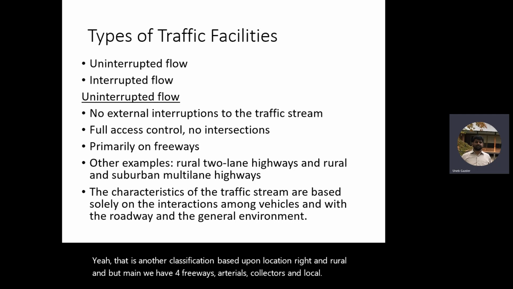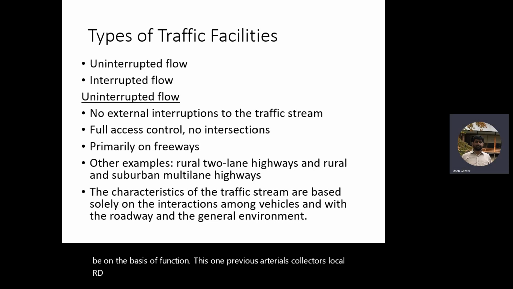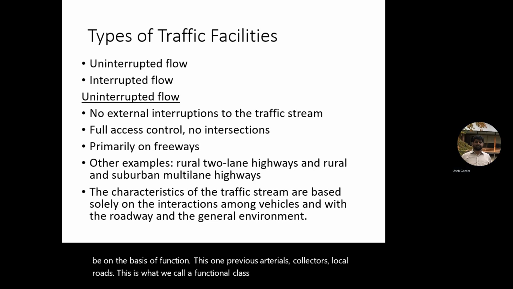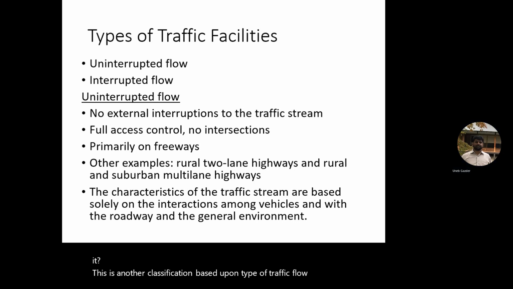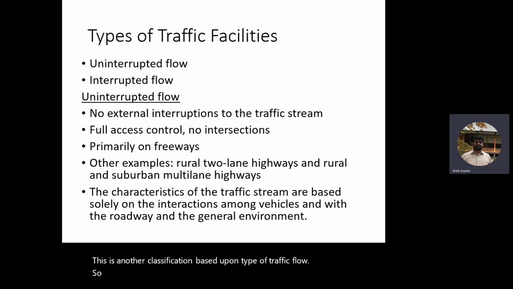This is another classification. Like we just mentioned, classification can be on the basis of function. This one, freeways, arterials, collectors, local roads, this is what we call functional classification. Classification on the basis of function of the highway. Then there can be urban and rural, which is classification on the basis of location of the highway. Where is it? This is another classification based upon type of traffic flow. So based upon the type of traffic flow, we can have 2 types of highways,